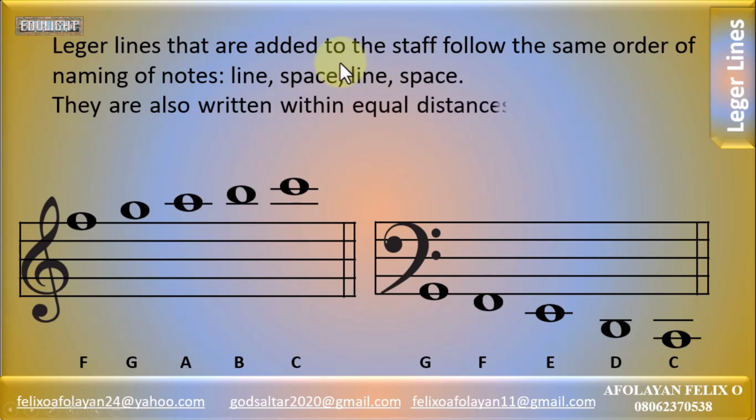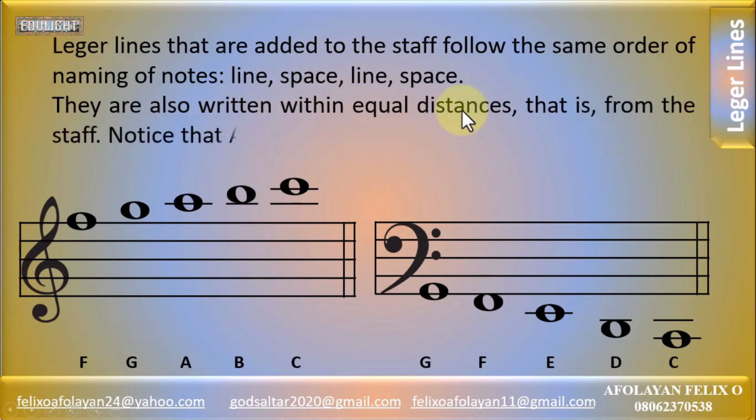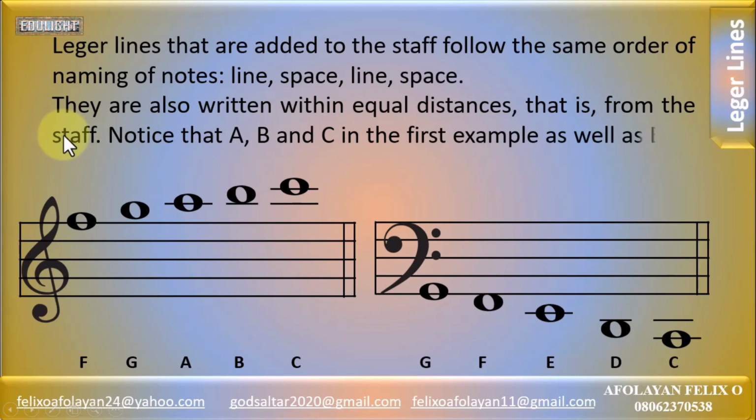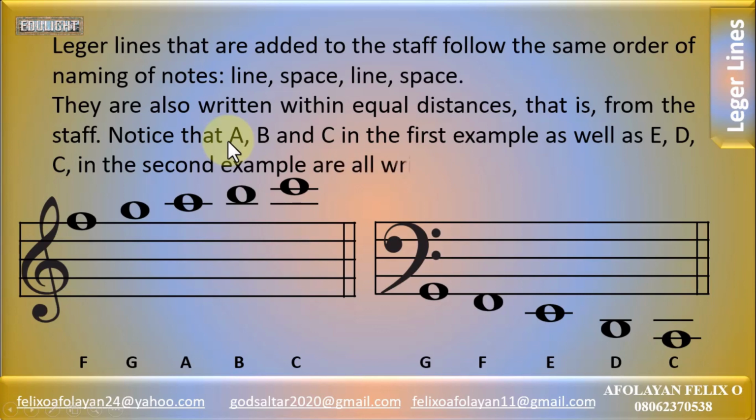They are also written within equal distance from the staff. Notice that A, B, and C in the first example, as well as E, D, and C in the second example,